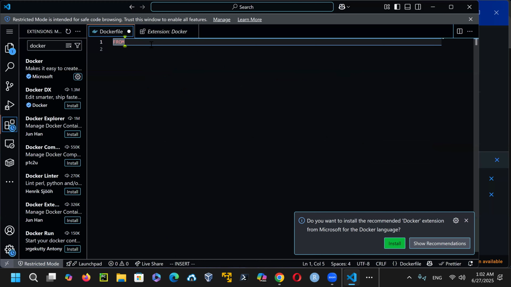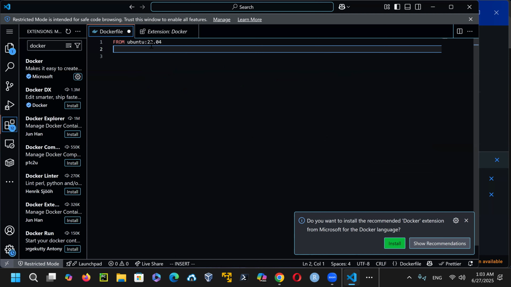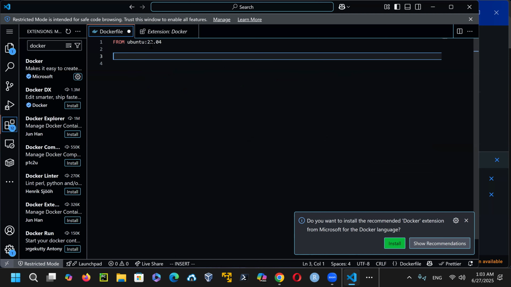So I'm going to say FROM ubuntu. The Ubuntu base is 22.04, let's say. If I just don't give the tag name of 22.04, it's going to just do Ubuntu 24.04, the latest version. So if I just do that one, from this one, now I could use the RUN command,